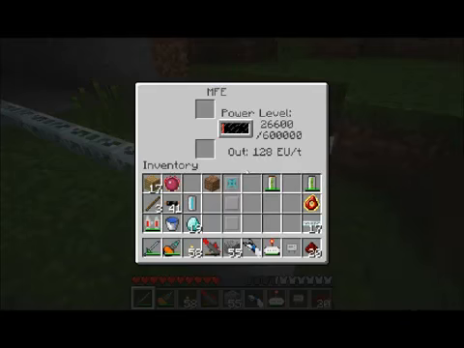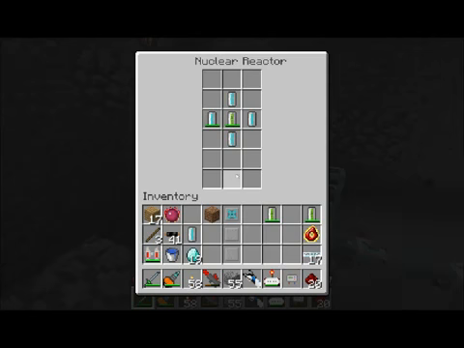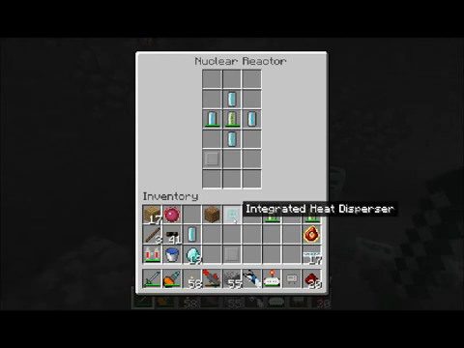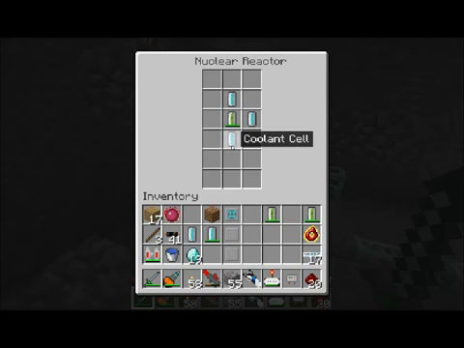How's my MFE doing over here? Not too bad. Produced a little bit of energy while I've been talking there. Okay. So that's all well and good. The next item that there is, I can put the integrated reactor plating and the integrated heat dispensers in here too. Okay. The way integrated reactor platings work is, let's take our coolant cells out,